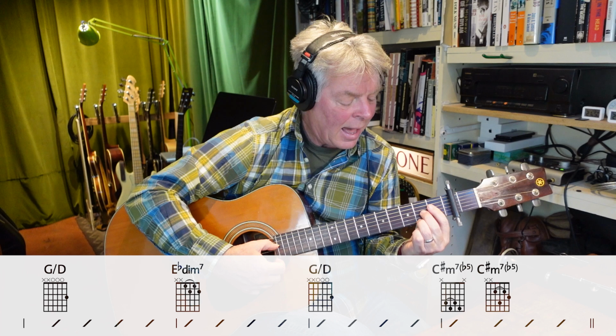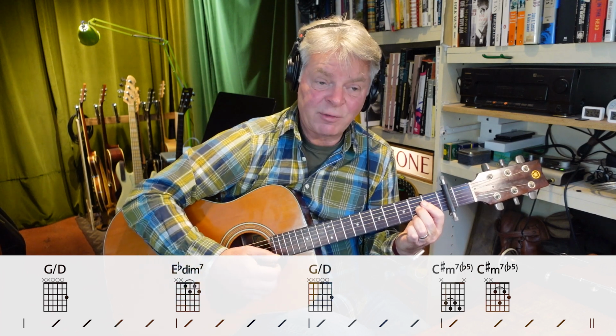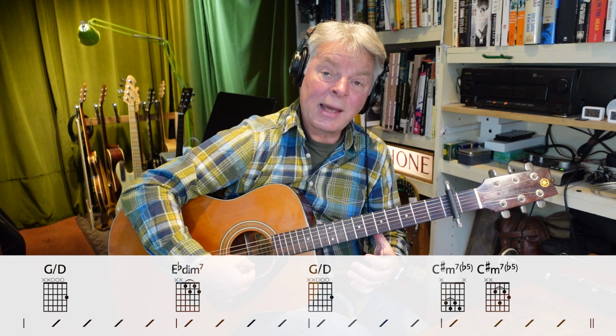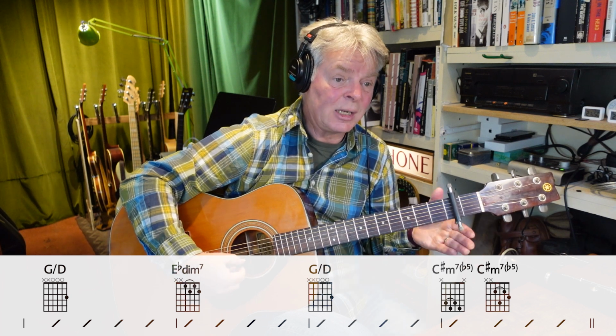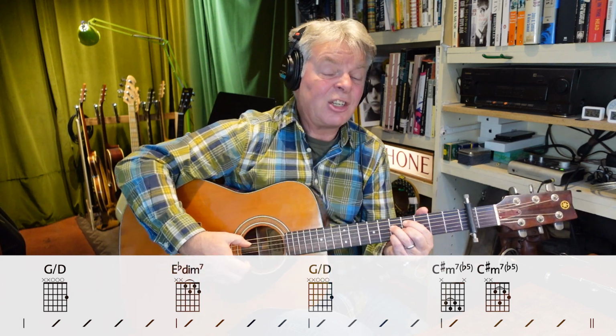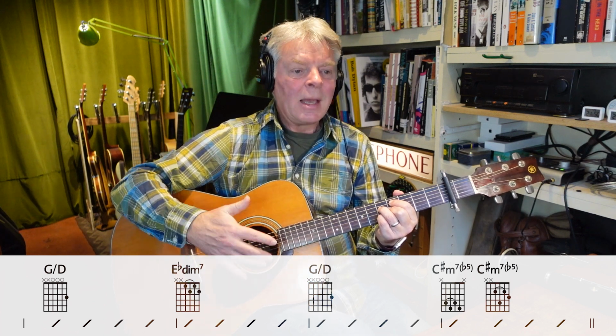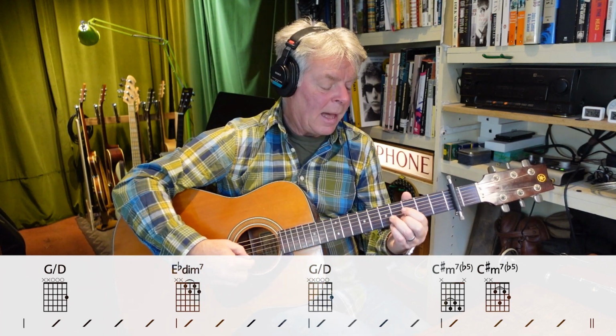Ba-da, ba-da. Back to G over D. Ba-da, ba-da. So the melody is G, B, and that's on this, a C sharp half diminished, C sharp minor 7 flat 5. Because the melody goes